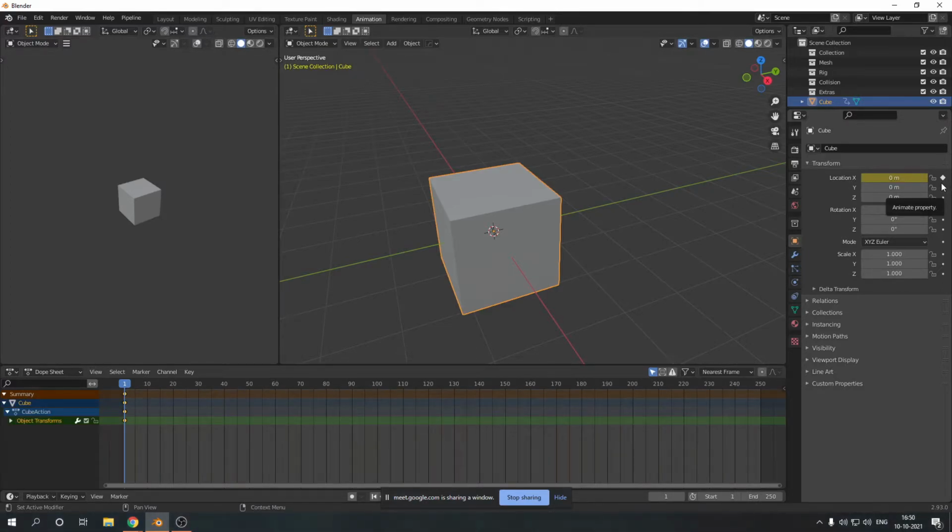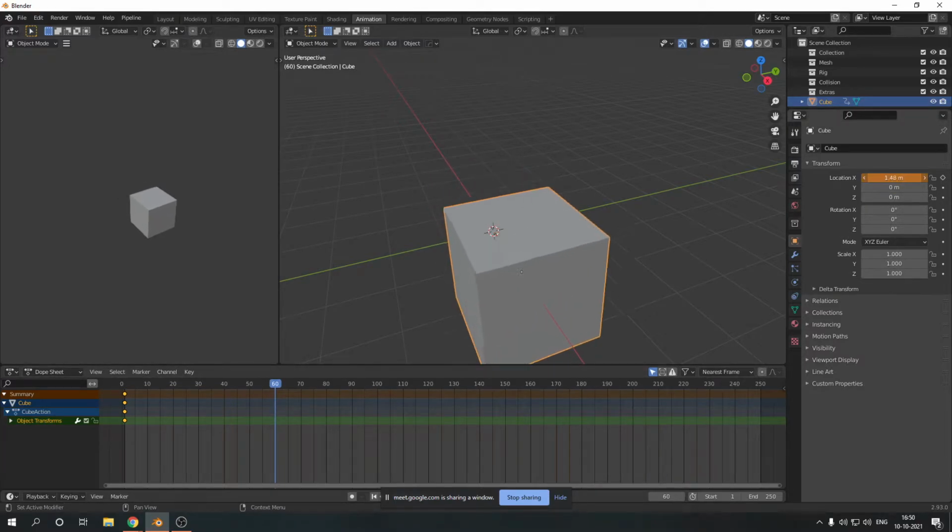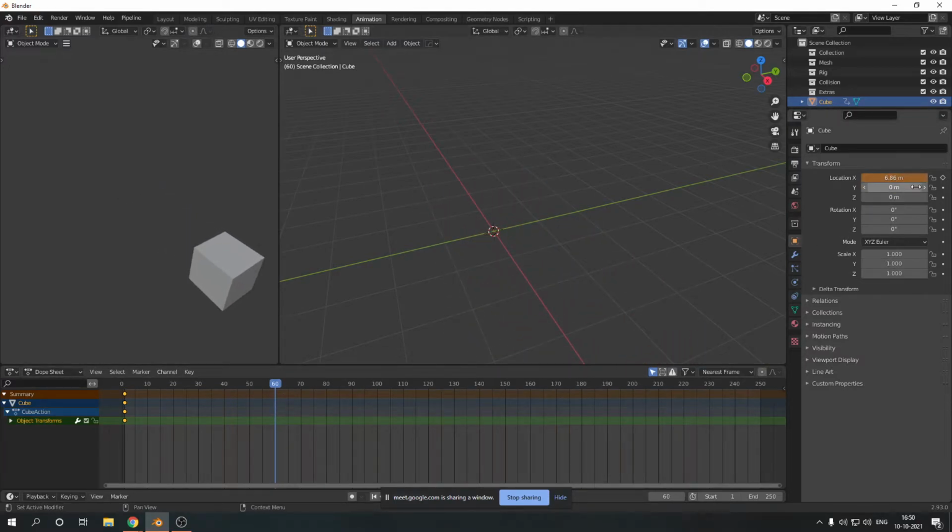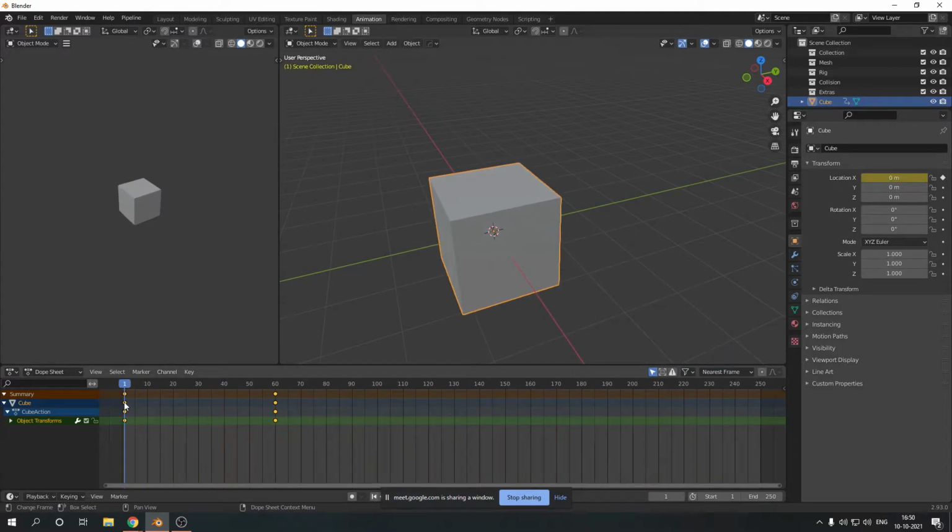You might know what a keyframe is: when you want to change a property with respect to time, those points, those instances when you are changing the property, are called keyframes. So if I take it from, let's say, 0 to 60, and I want to move it just like that, I can press it again, and now this empty diamond will be filled, telling me that the animation has been completed. So if I play,